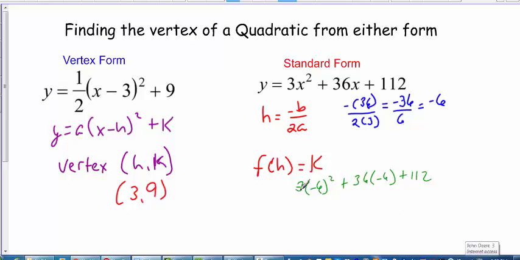Now, you can type this in exactly into the calculator, exactly how it's written, if you use parentheses, and it will evaluate it for you right off the bat. Just make sure that you put parentheses and put the appropriate negatives. And when you evaluate this, you get this particular equation to be